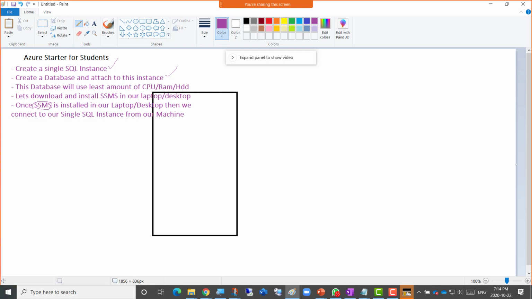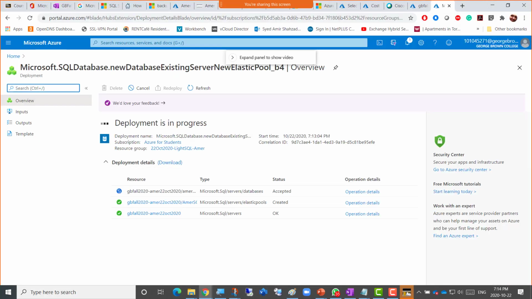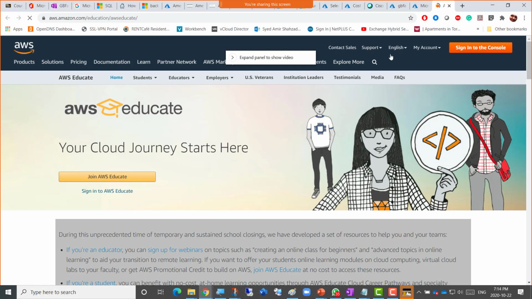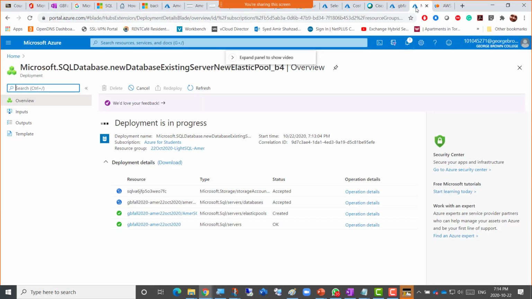Okay, other than that, while I'm waiting, I'm also excited to see if that AWS Educate link lets us create databases, and how many, because whenever it's free, it always has limits. So I'll have to check it out then. But that's a very good suggestion, Jacob. Thank you for that. I click that AWS Educate link while the database is getting created in the background,